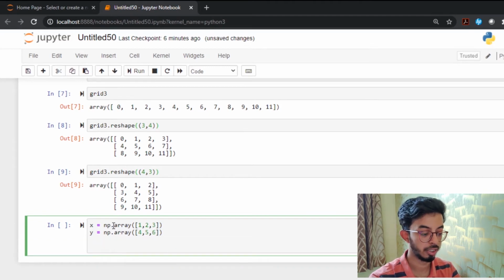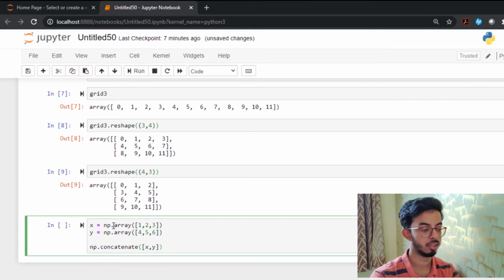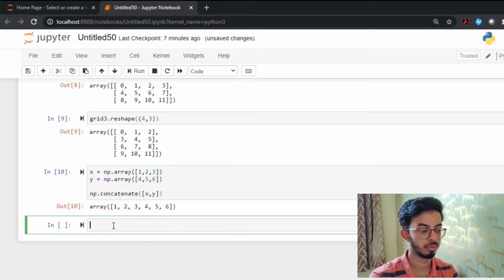Then you can concatenate using the function concatenate. This would take a list again, and inside that list you would give those two arrays. So the two arrays have been concatenated.